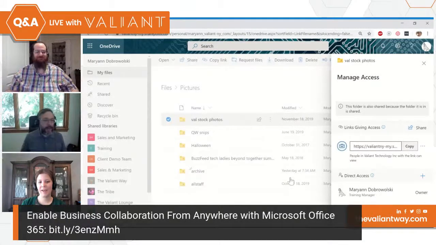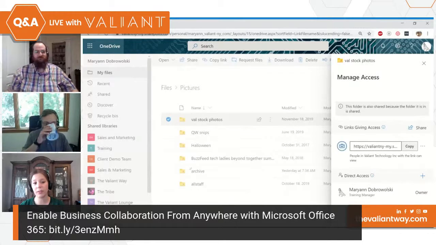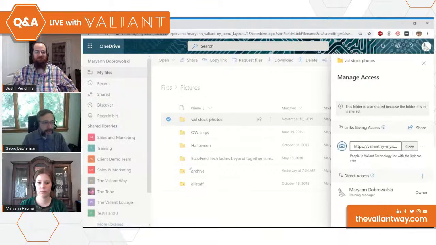And that's also, actually, I forgot to mention, a big thing because it's OneDrive. These are all my files. So I always have access to do this manage access. In SharePoint, these things exist, but a lot of times you might not be the admin. You might not have the ability to do this, or you might be. So it might look a little different in SharePoint, even though you can have great control over your files. In OneDrive, you have total control because those are your files. It's your OneDrive. It's almost, as I heard Justin say numerous times, and I might have repeated this numerous times, that OneDrive is basically my documents, but in the cloud. That's how I think about it.